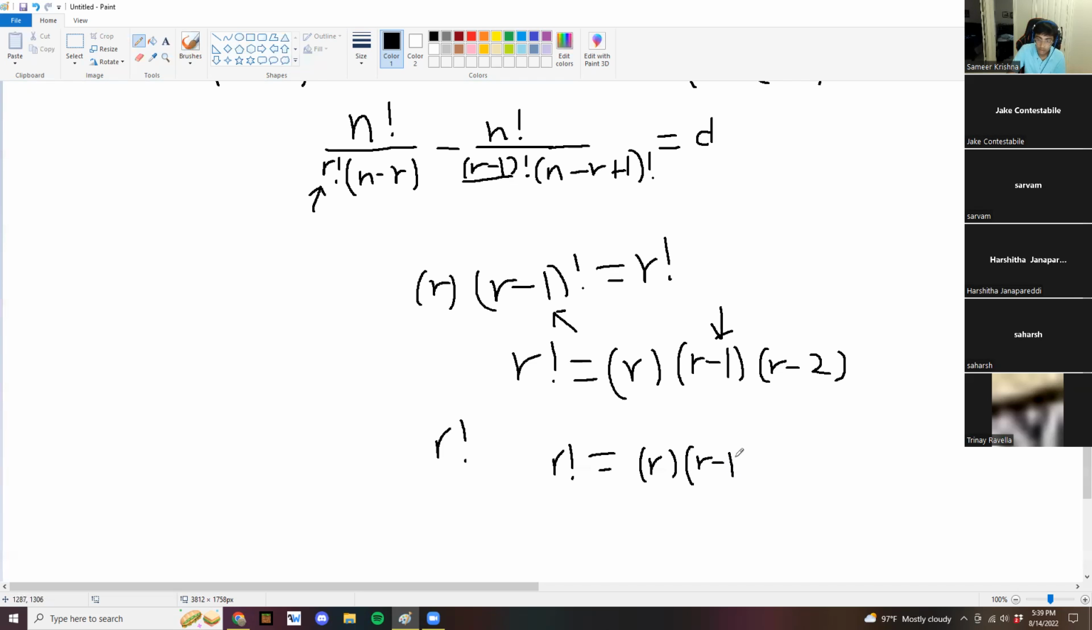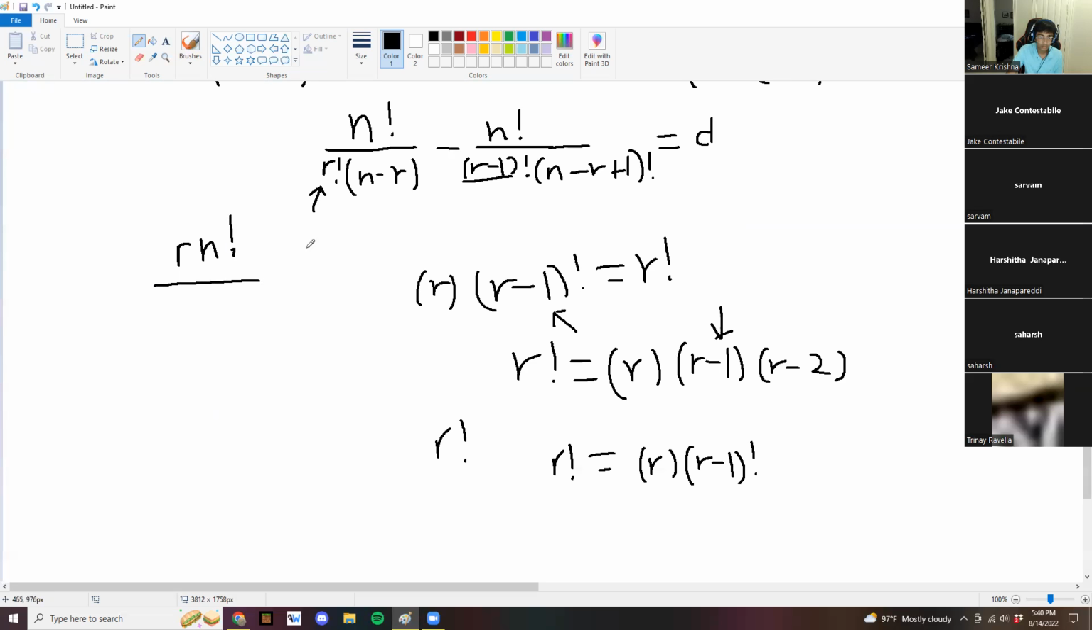r minus 1 factorial. Those two are equivalent expressions. So that's why if you want to get r minus 1 factorial to r factorial, all we have to do is multiply it by r. That makes sense? I'm hoping that's a yes. So we multiply r by top and bottom, so it would be r times n factorial